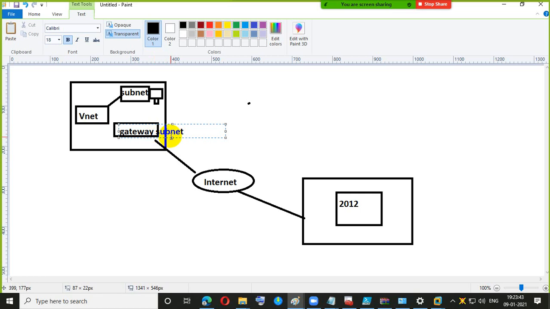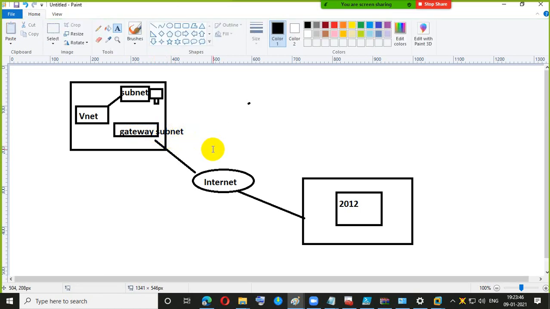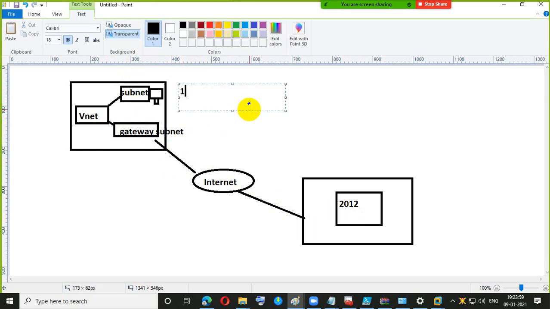This gateway subnet is to connect this particular machine from on-premises, and side by side we also need these two as well. One is the virtual network gateway, and another one is the local network gateway.